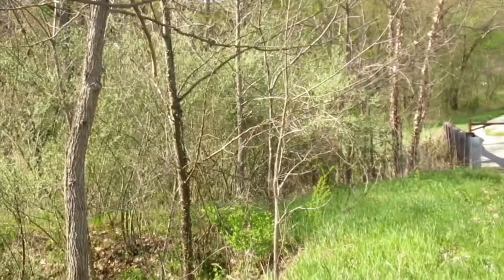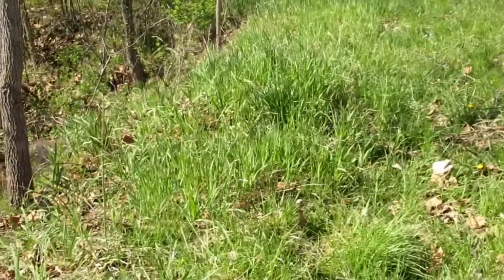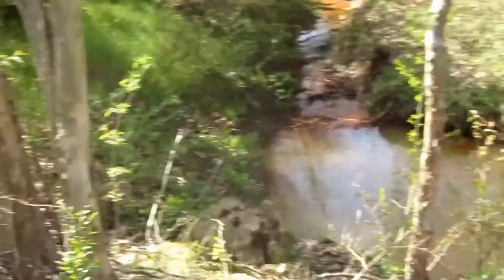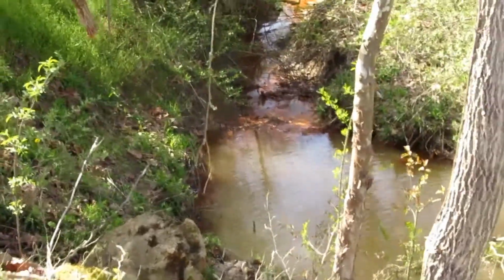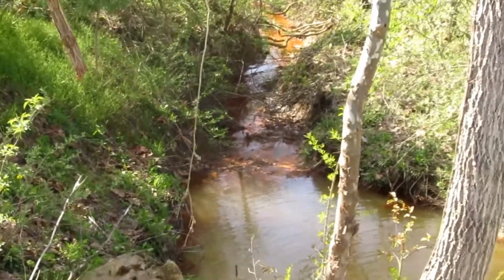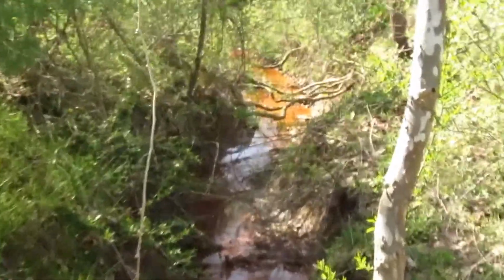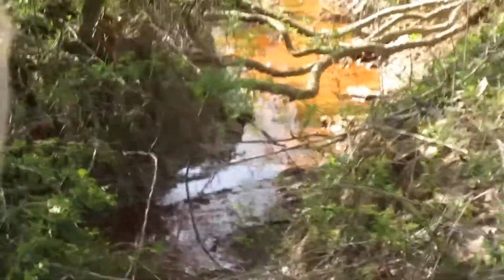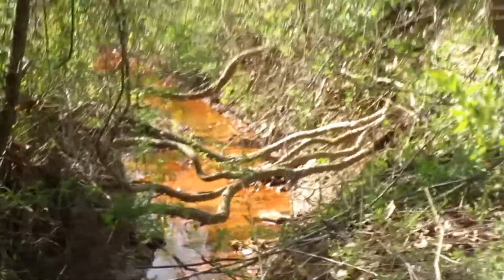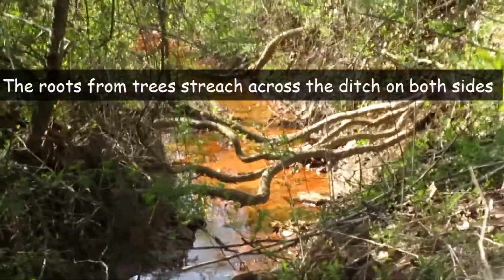I also wanted a better view down to the bridge from the house. Something I wanted to show you. This is some sort of weird, you see it's orange. It comes from the mines, and this is to divert that water, and then it's purified, I think, somewhere else and then sent back down. I think that's how that works. But look at how cool this is. Tree trunks right across the...